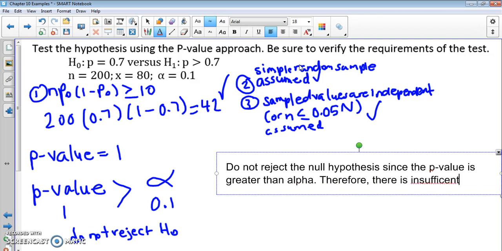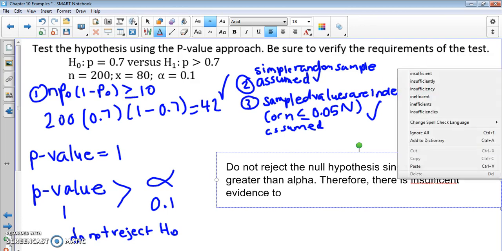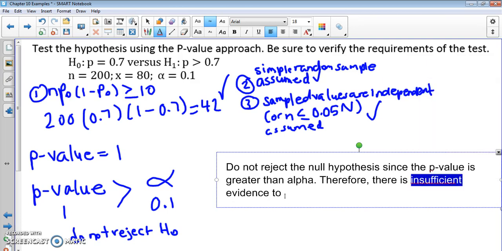So anytime we do not reject, that means there's insufficient evidence to conclude the alternative. So always either concluding the alternative or not concluding the alternative. We're trying to find evidence for the alternative. So there's insufficient evidence to conclude that the proportion